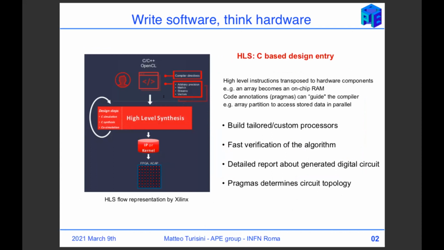So it's really good to have the chance to build custom processors. For example, you can code an array, and you will know that this is going to be implemented as an on-chip random access memory. But you can also guide the compiler using some code annotation that tells the compiler how to organize this data